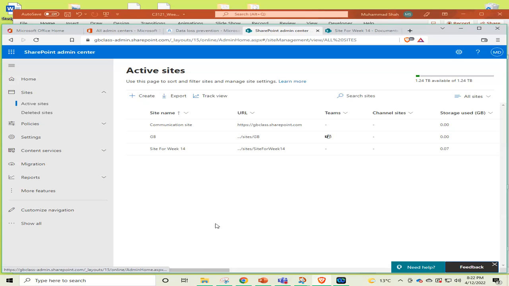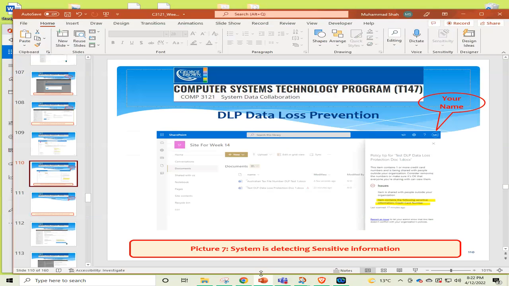Okay, so we see which picture we need for our next picture, number 7. We have created already 6 pictures. So the 7th picture is to show the system is detecting sensitive information. To show that, we will just take the picture of this page, and